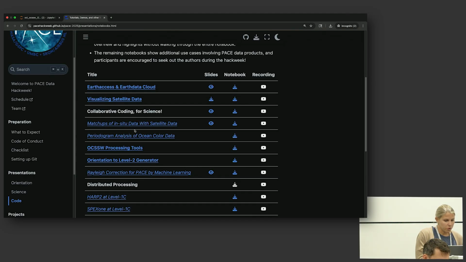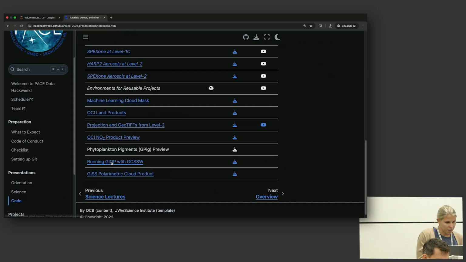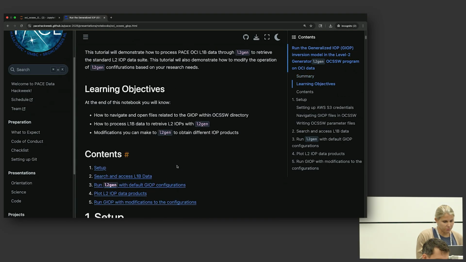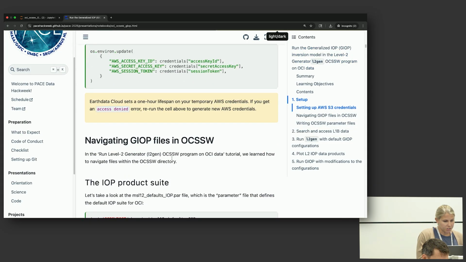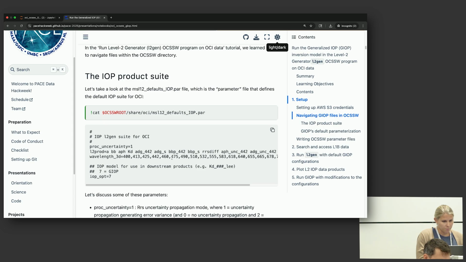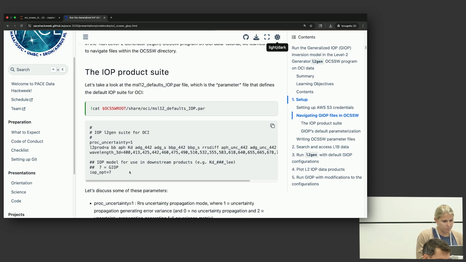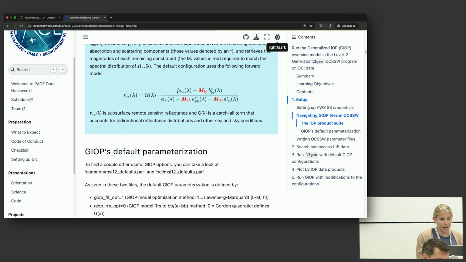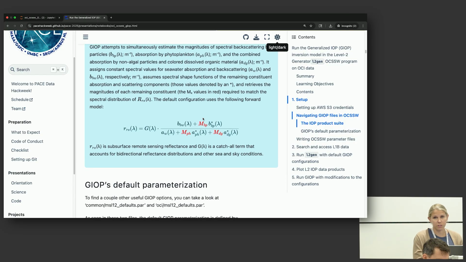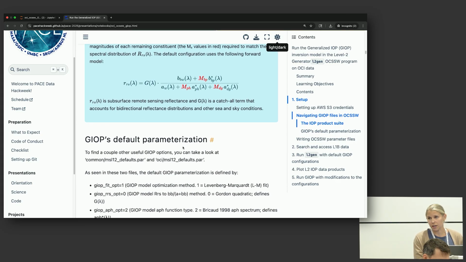I just want to show you very briefly the GIOP one. It's similar to this, but it really does focus on the GIOP model. It produces IOPs, goes into what they all mean, and what we're trying to get from this inversion model. We're trying to retrieve the eigenvalues of this ocean color inversion model to be able to better estimate absorption and scattering of